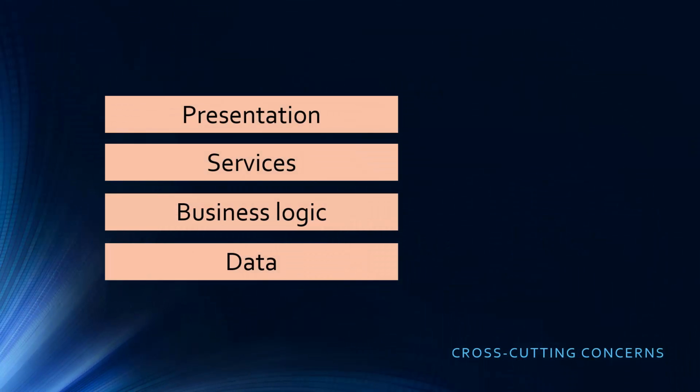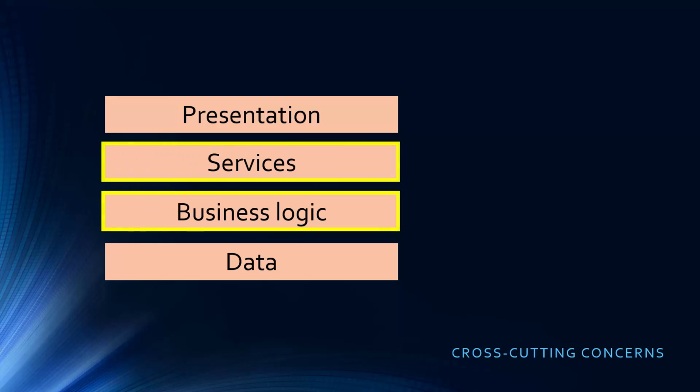AOP can be applied to many purposes, but the first concept to cover here of why AOP is needed is what we call cross-cutting concerns. What I'm going to show in this diagram is the classic way that those cross-cutting concerns are usually represented. So we have our application, which is in many cases built on an architecture of layers. We have the presentation layer at the top communicating with the user in some way. Then we have the public services, which in turn communicate with backend business components, which would usually communicate with some